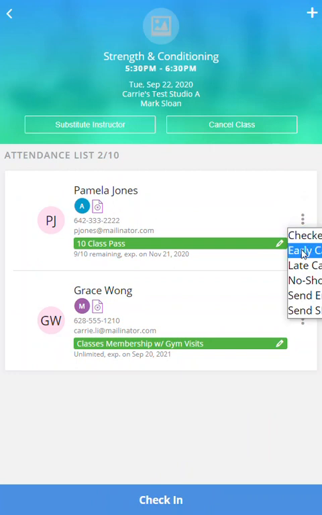If I click on it, I can go ahead and mark this client as checked in, early cancel, late cancel, no show, and I can send an email or send an SMS to the clients. I know part of this is cut off because of the screen that I narrowed, but that's what the options are here on the right-hand side. So coming back out,